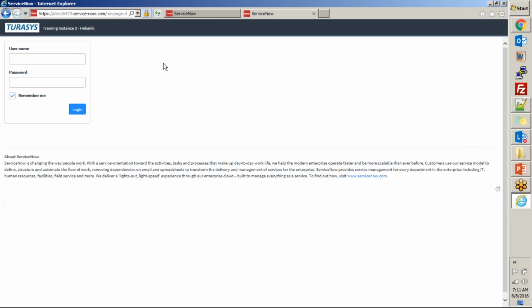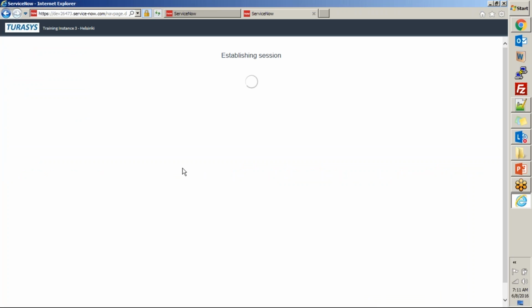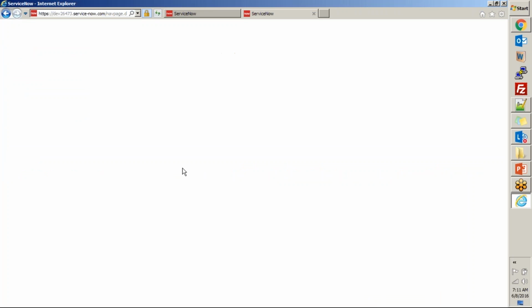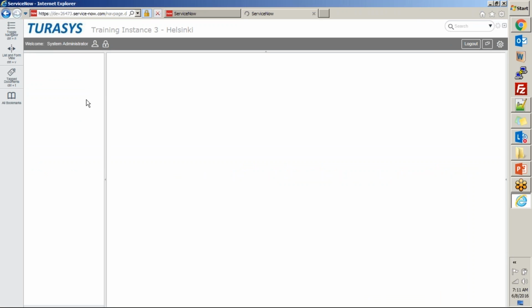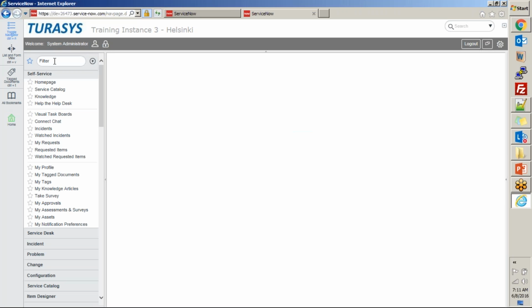If I go into the other instance here and I log in, now let's find out if the plugin is there in this instance, and if it is there, is it actually activated?